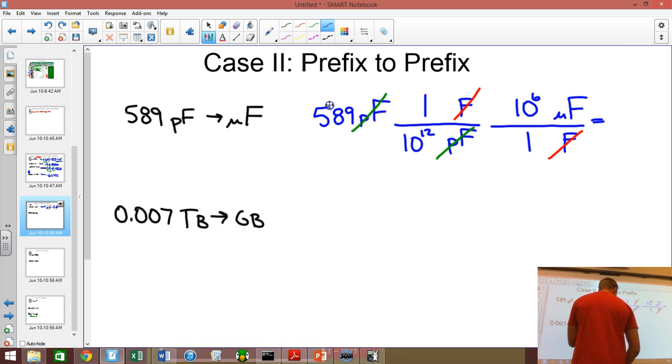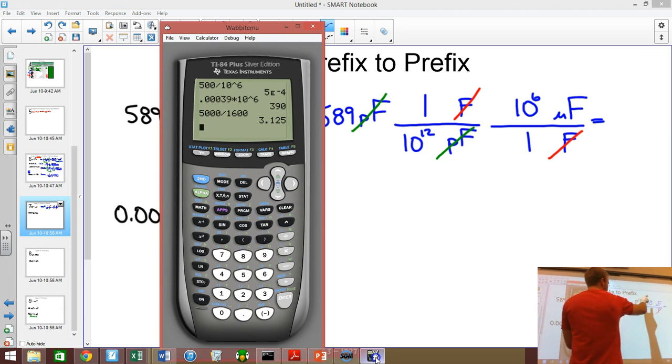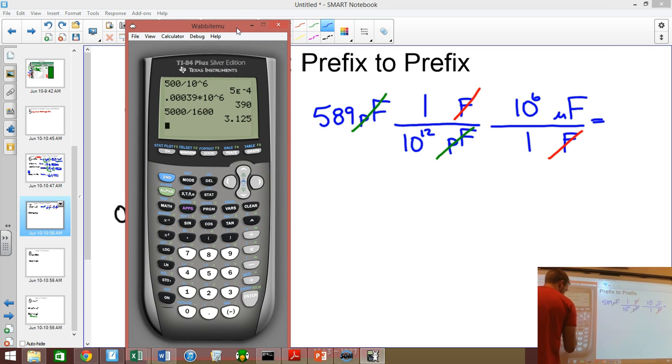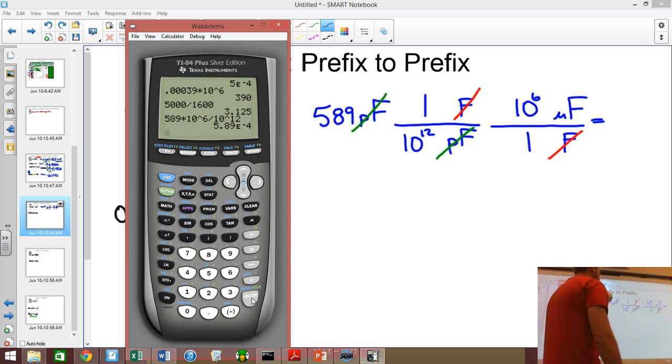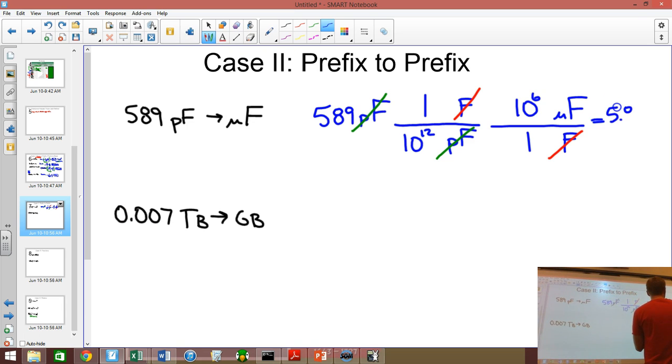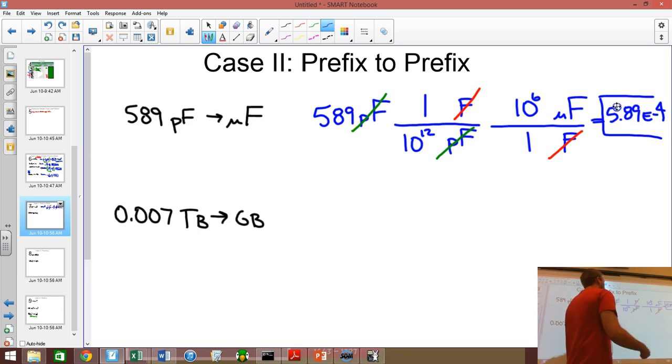So I multiply everything on the top, I divide everything on the bottom. Now if you're not comfortable, I can do this in my head because 10 to the 6th minus 10 to the 12th, these actually cancel, and I'm left with 6 on the denominator, so I'm going to subtract 6 decimals. Or if you're not comfortable, you can just outright do it. 589 times 10 to the 6th divided by 10 to the 12th, and you get 5.89 e negative 4. Or move this over 6, so 1, 2, 3, 4, 5, 6, so there's 3 zeros, the 5.89 times 10